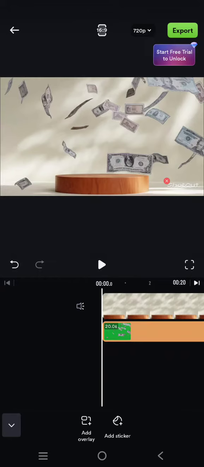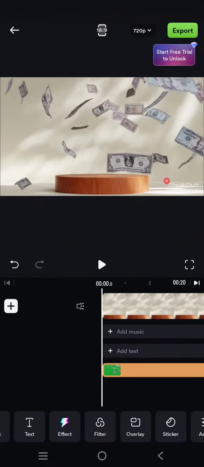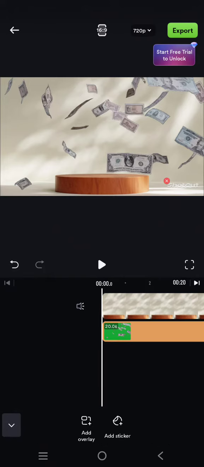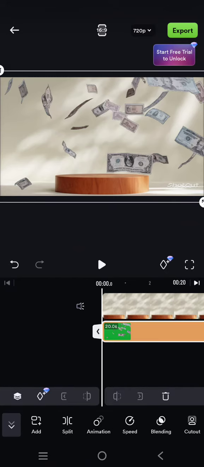On today's tutorial, I'm gonna show you how you can add animations to overlay video in Shortcut. So here I've already have a main video and also overlay. And if you want to add animation on the overlay only, you can just click on the overlay on the